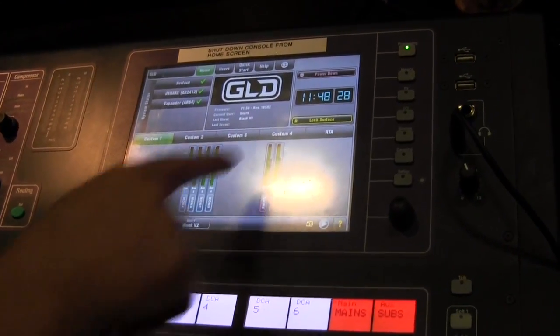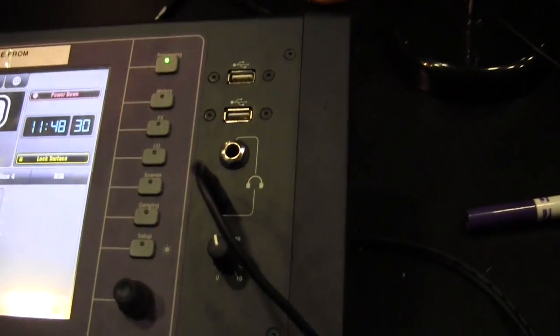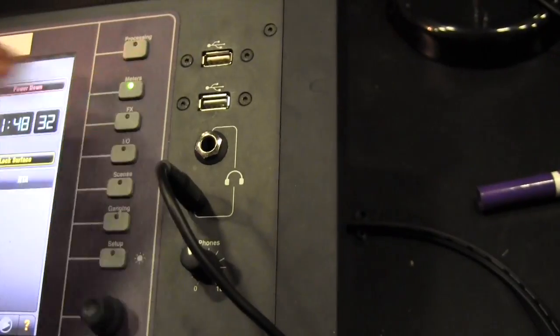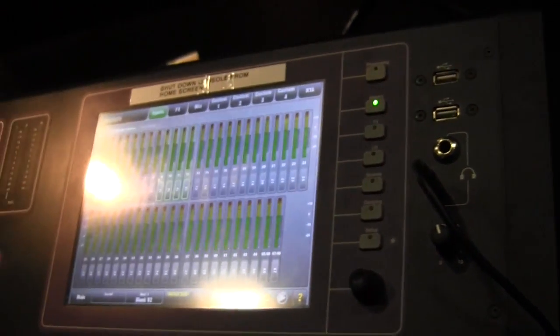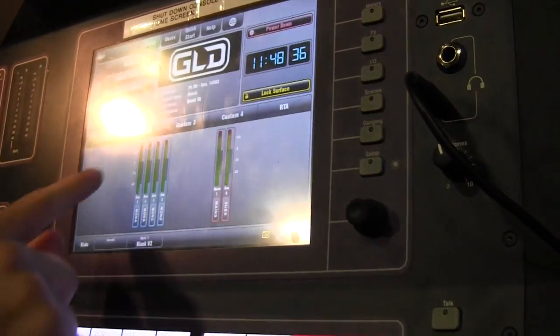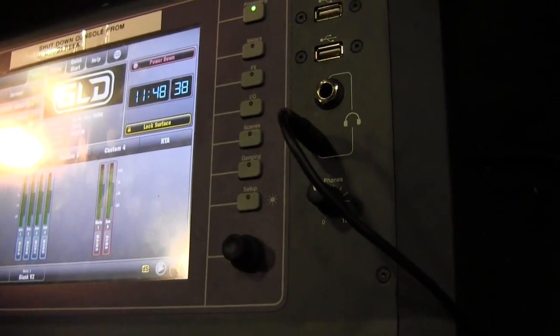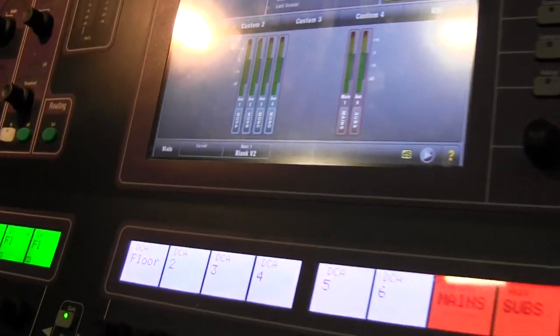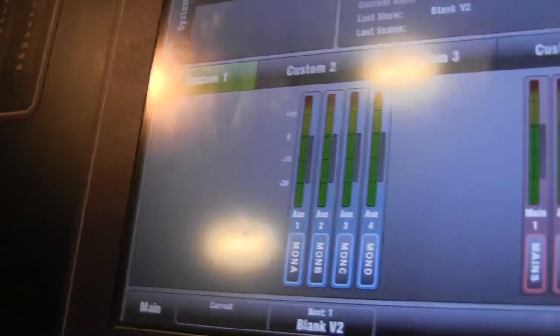Alright, so now we're going to deal with this screen up here. So we're just talking about the buttons going straight down. So we have the meters. The meters just allow us to put different things on the screen right here. They aren't extremely useful. I don't find myself depending on them during shows, but you can just hit meters right